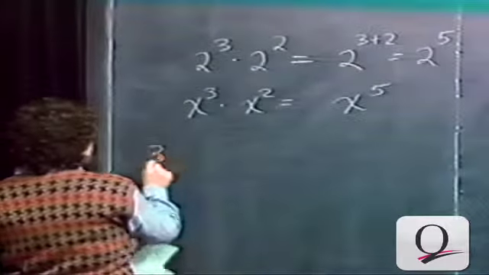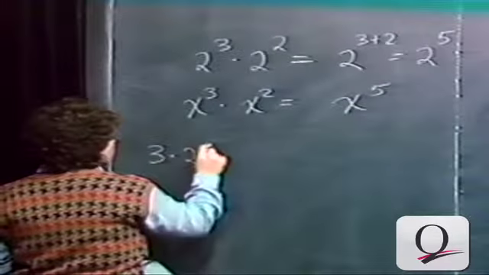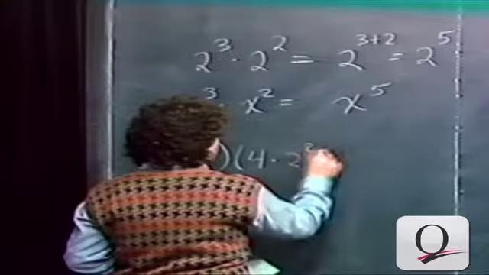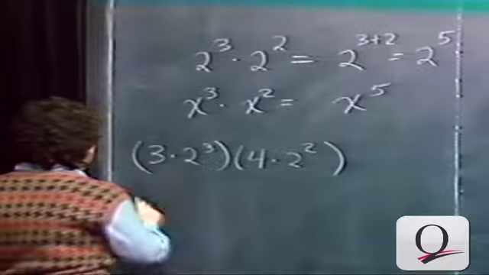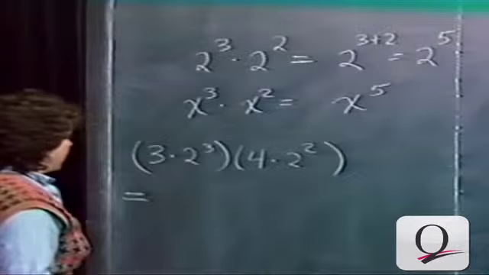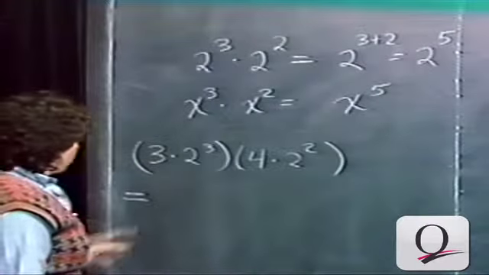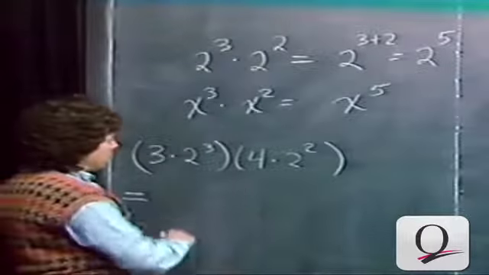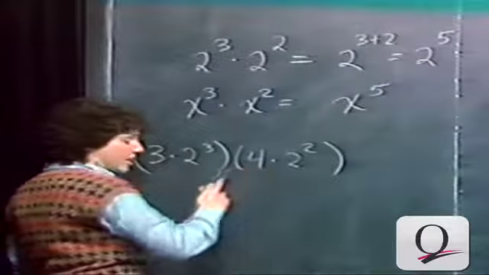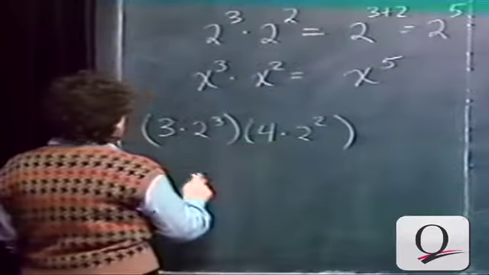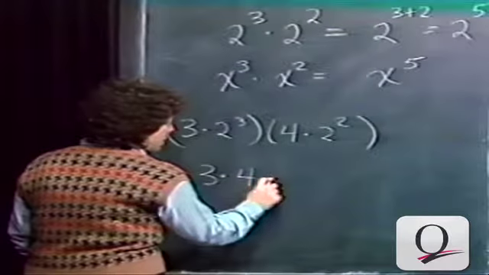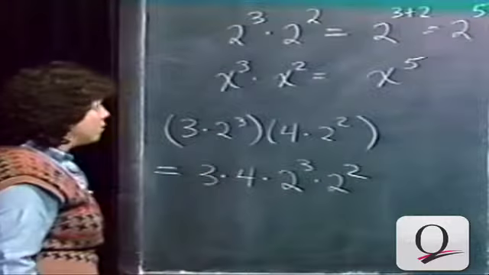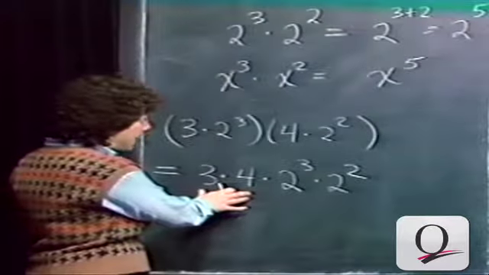All right. What about 3 times 2 cubed times 4 times 2 squared? Here, all the factors are constants. We have no variable factors. What I would do in this case would be to first write those constants that do not involve powers. Say 3 times 4, and then the 2 cubed and the 2 squared. So even when you just have constants, rewrite first the constants that do not have the powers, and then the ones that do have the powers,